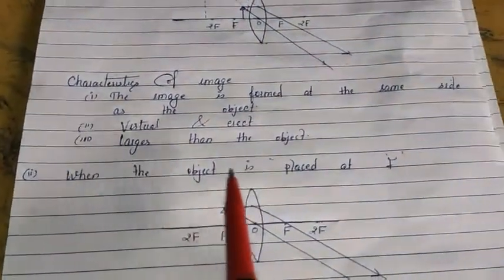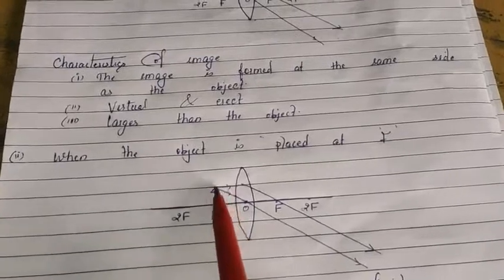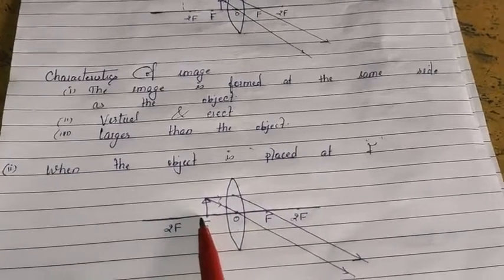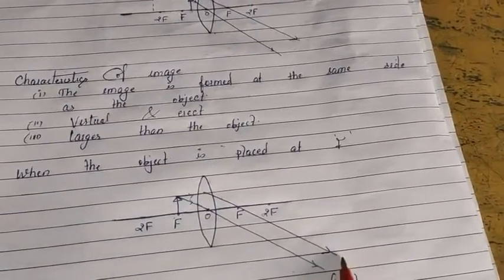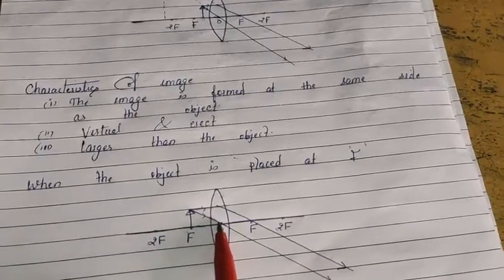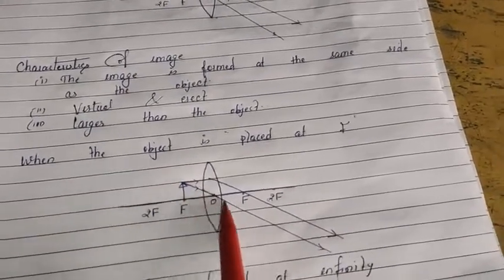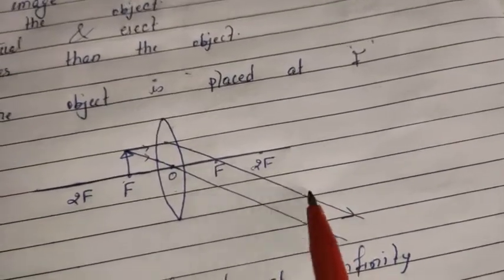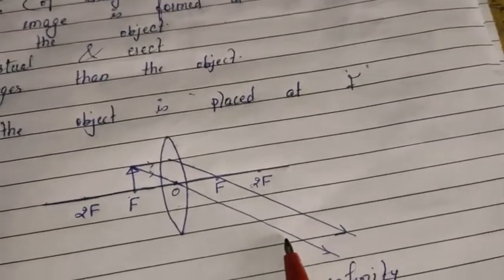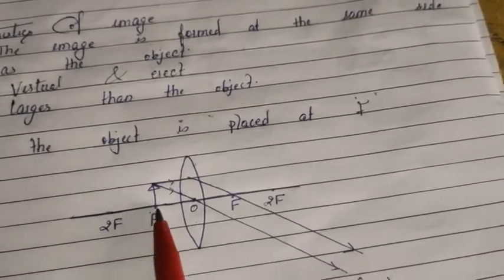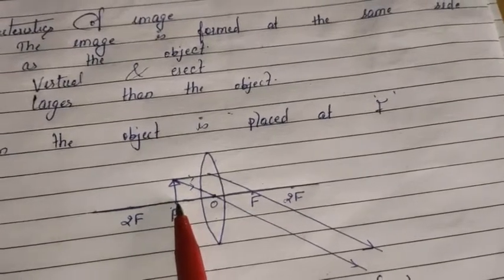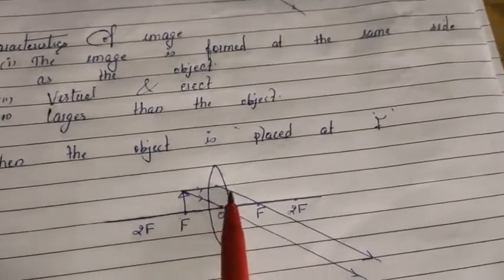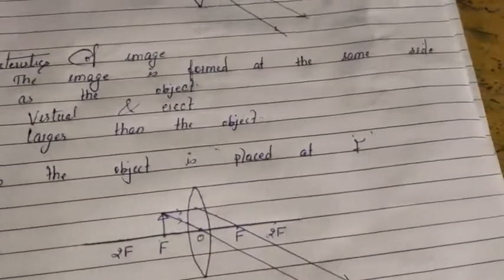In second case, we have to place the object at focus. This is the parallel ray coming from the head of the object, and it is parallel to the principal axis. By rule, it should go through focus, and second one, it should go through optical center. Then the rule is saying that it goes undeviated. These 2 rays are parallel to each other. If these 2 rays are not parallel, it means we are committing some mistakes. So we have to keep one point in the mind, that when the object is placed at focus, then the 2 refracted rays are parallel to each other. It will never meet, either when it is produced in forward direction or in backward direction.